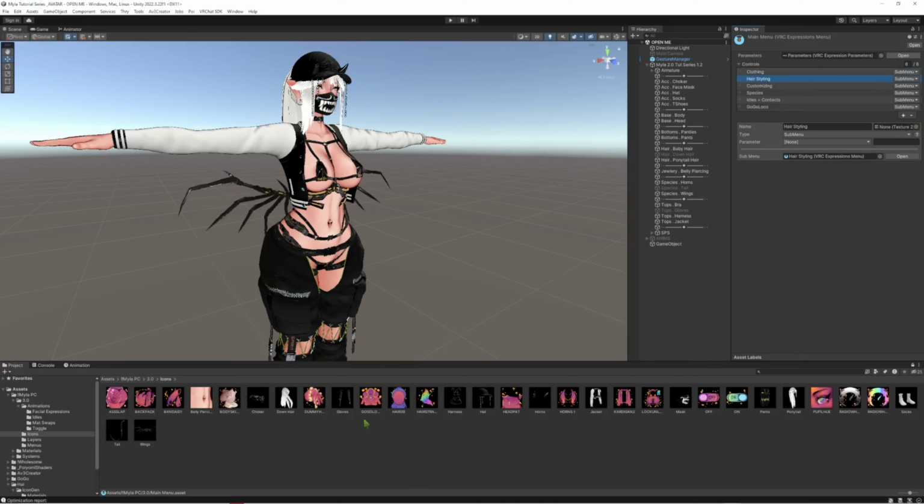So any icon that you want to show up for that toggle or that menu or submenu or anything like that, you're going to want to put here. So I'm going to put these here, because I kind of want these to all be her designs. I think that would look really nice and cohesive. And then we can go to clothing, and now we can start adding a little bit further. So like we can go accessories,